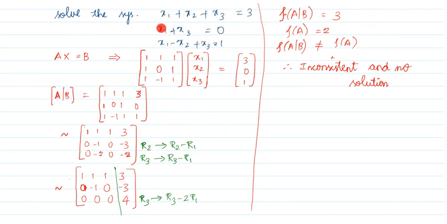The system of equations is given, and you have to write it in Ax equal to B form. Here x2 is not given, so you have to use 0. The next step is writing the augmented matrix. After writing the augmented matrix, the pivot element is 1, and all these are 1, so do R2 minus R1 and R3 minus R1. So these two will become 0. Next, this is minus 2, this is minus 1, so R3 minus 2R1. So this has become 0, but this element has not become 0.